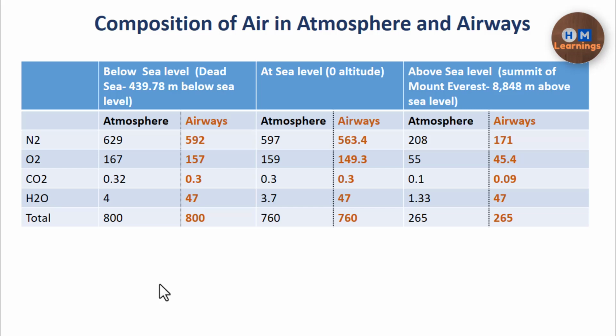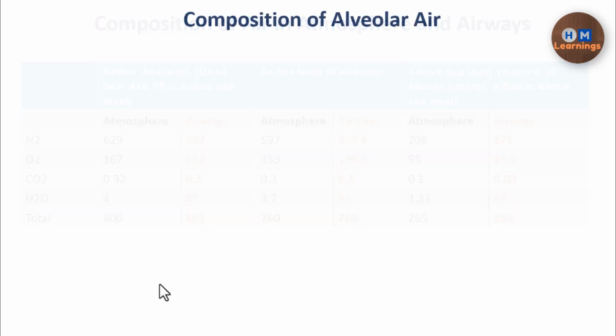So in this video we are going to talk about what happens after the airways, when the air enters the alveoli, and what the composition of the gases in the alveolar air is. Many people can think it should be the same in the conducting airways and in the alveoli. The answer is not that simple. The composition of the alveolar air is actually different from the composition of the air in the airways, and the answer is that we know